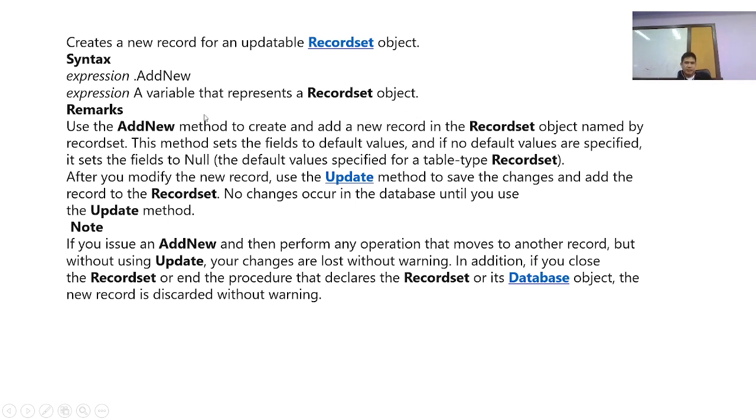Now the syntax for add new is very simple: rs dot expression dot add new. If you want to add records, our expression is rs, because we defined rs as our record set, so we can use rs, which is referring to the table profile, then add new. So when you execute this command,